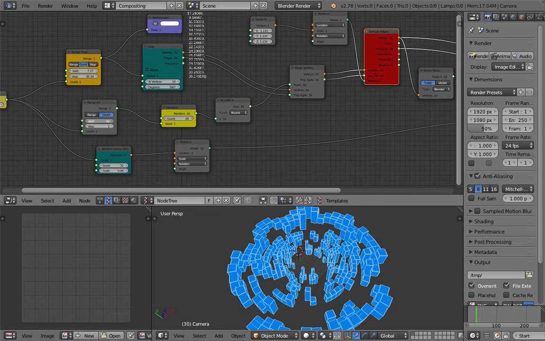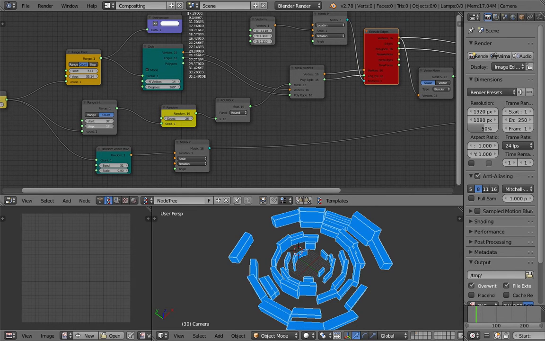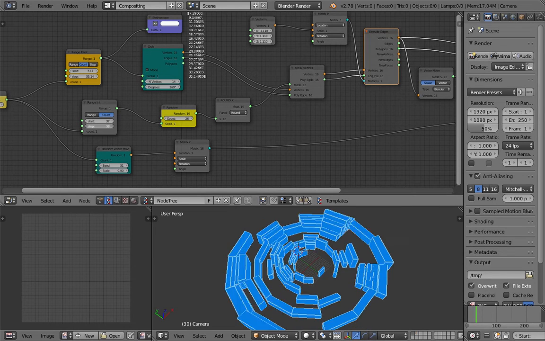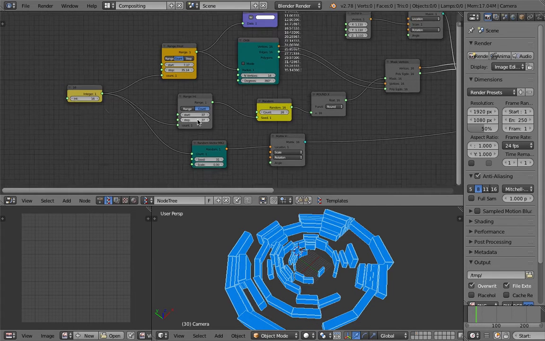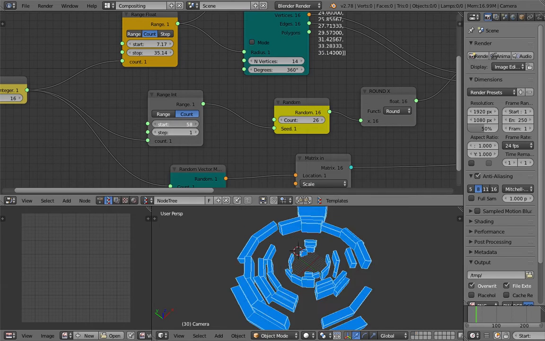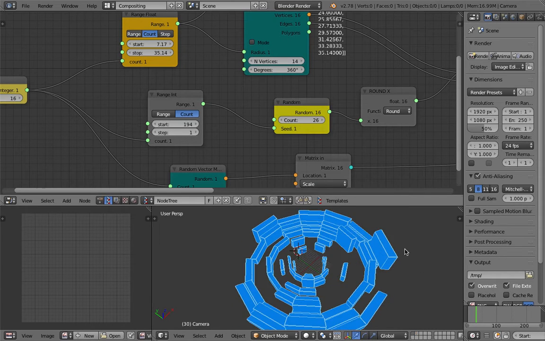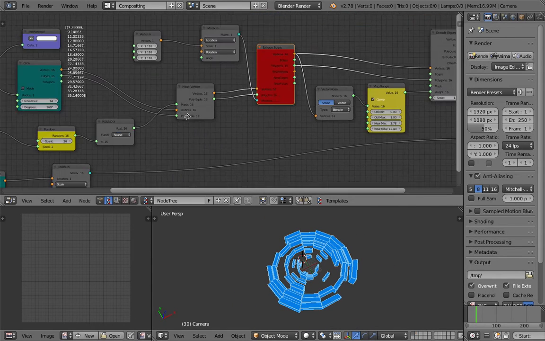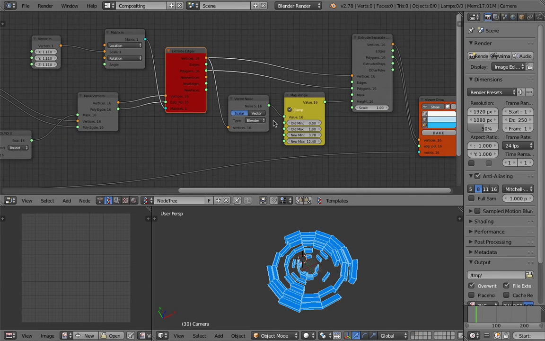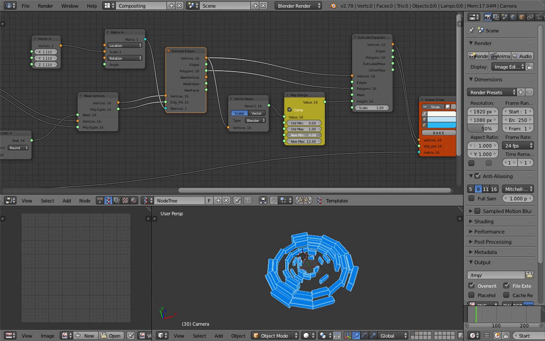Is it because of the seed? Yeah, so I guess it's not 100% perfect, but